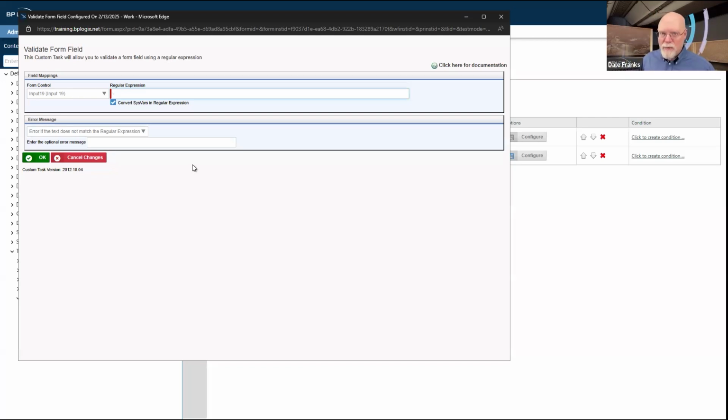Anytime I use regular expressions, I got to go and copy and paste it from somebody on Stack Exchange that knows what they're talking about. So I can't come up with a regular expression off the top of my head, but regular expressions generally define a format for some sort of text.